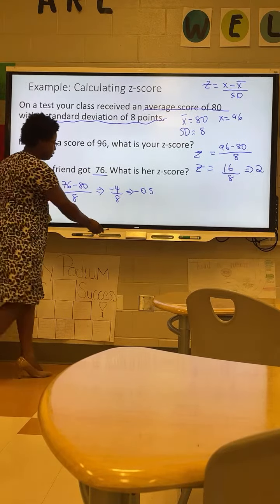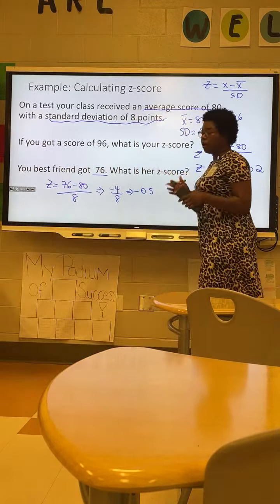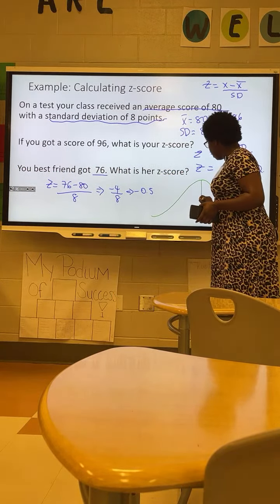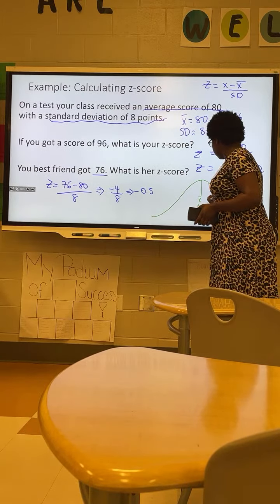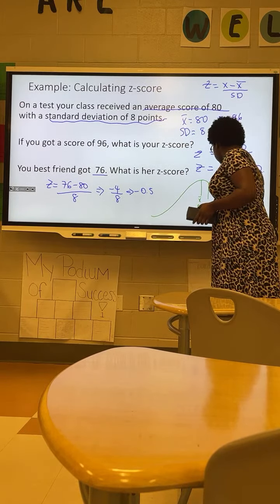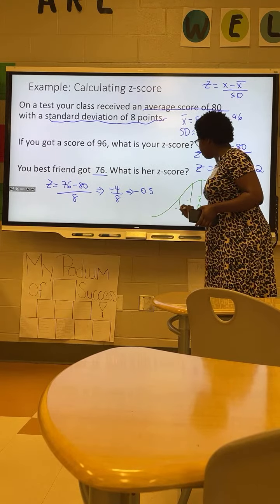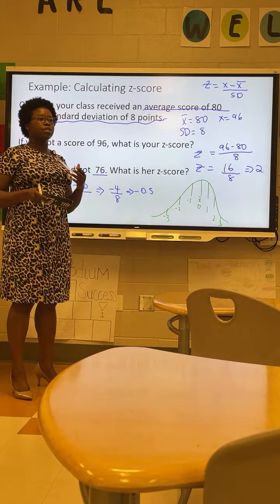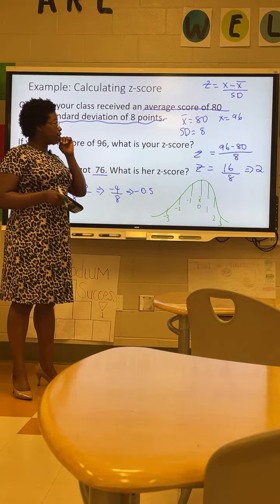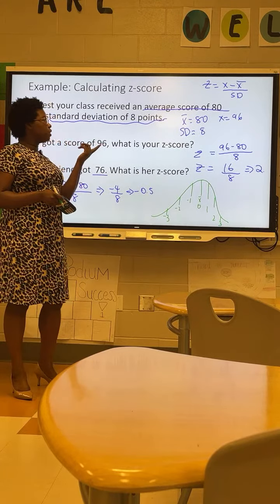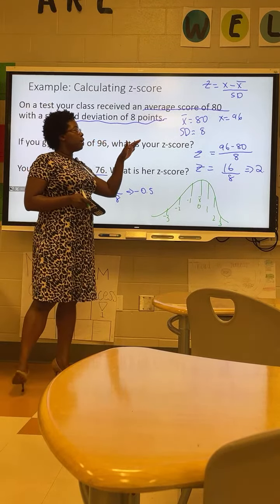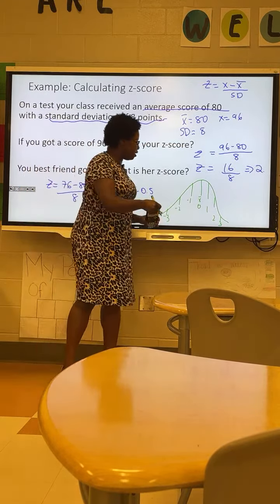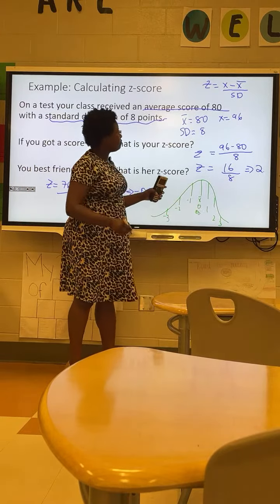Let's represent this data on our bell curve so you guys can see where they're standing above and below the mean. So that's 0, 1, 2, 3, -1, -2, -3. Alright guys, so there are two ways of doing this. With your actual score, your average and your standard deviation, you could have drawn your bell curve using the numbers you're given here. So 80 could have gone in the middle right here, and you could have